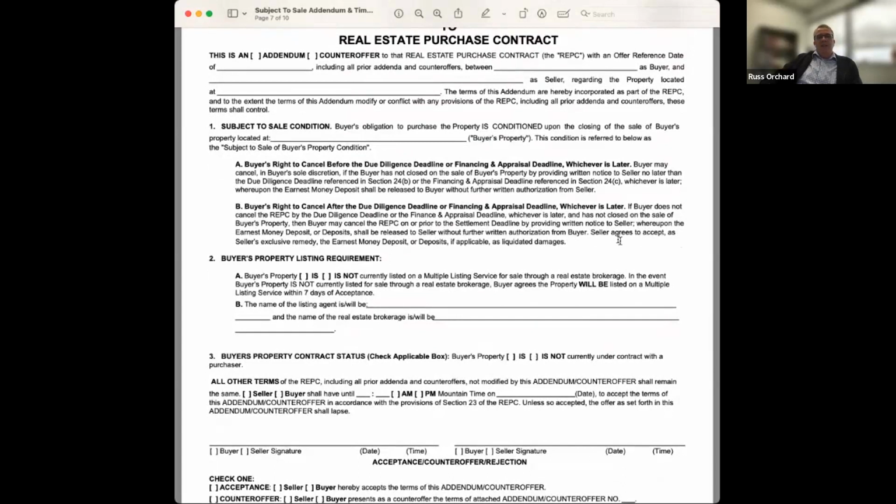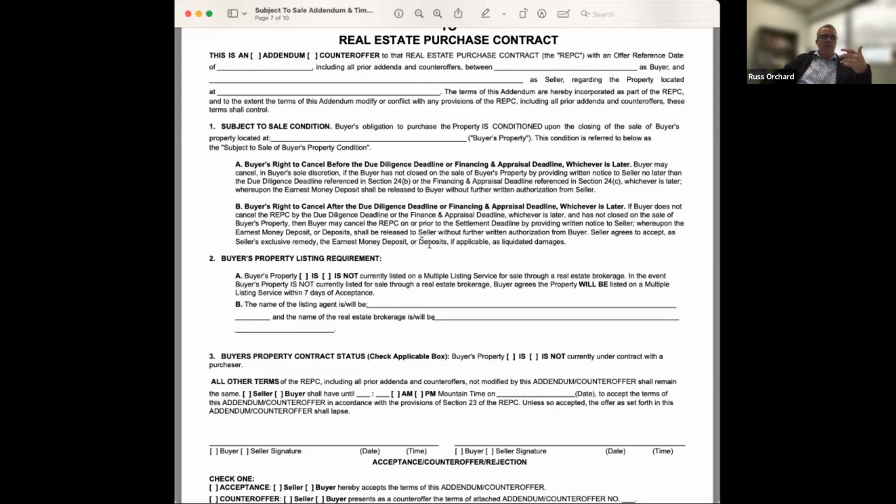And then this is kind of the key thing that is good to remember, is the seller agrees to accept as seller's exclusive remedy the earnest money deposit or deposits as liquidated damages. So just keep in mind, it used to be in our real estate purchase contract years and years ago that if the seller took earnest money from the buyer, or the buyer got their earnest money back in an amount equal to it, that it was worded that way, that that is their exclusive